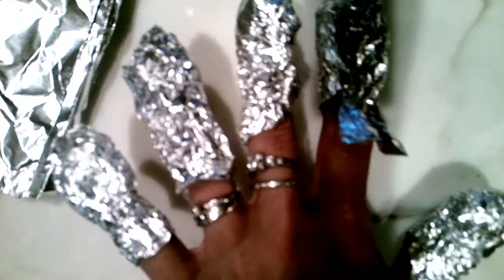Okay, so now that I've got all of them, and you may want to take your jewelry off when you do this, but I've got them all in there. I've then put my hand in the rubber glove just to keep everything from dripping everywhere. Just makes it easier, otherwise you're sitting there unable to do anything because you're worried you're going to drip acetone all over your house. Okay? And I'll be back in about...